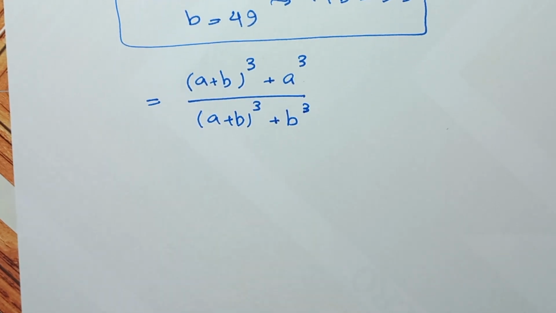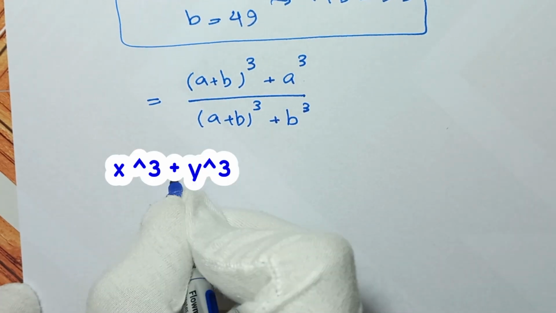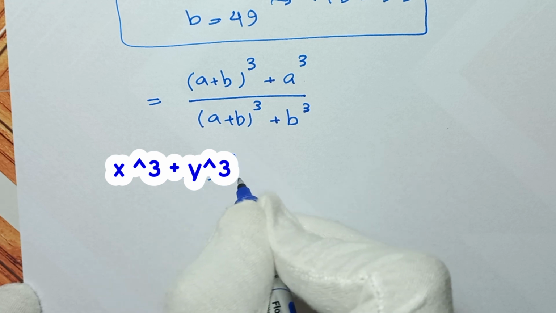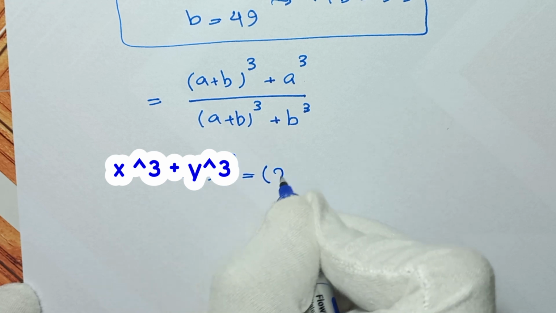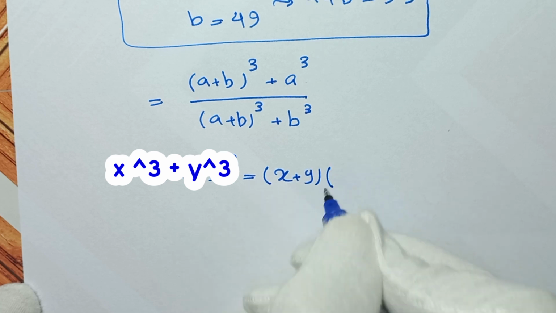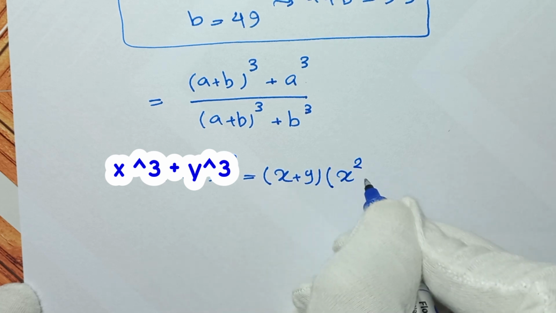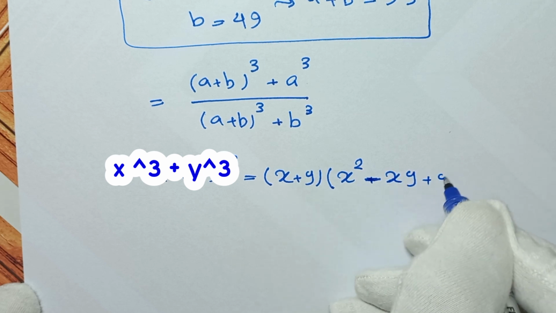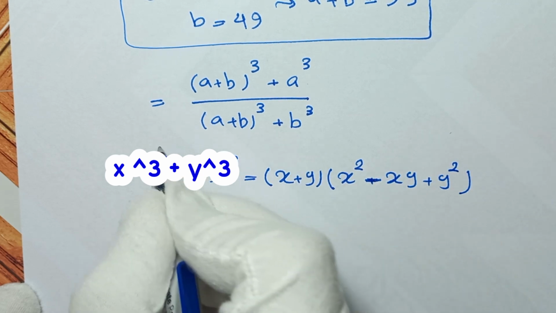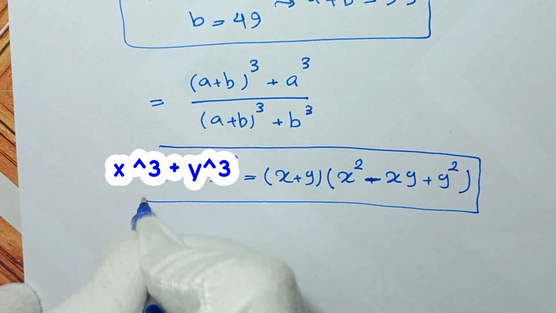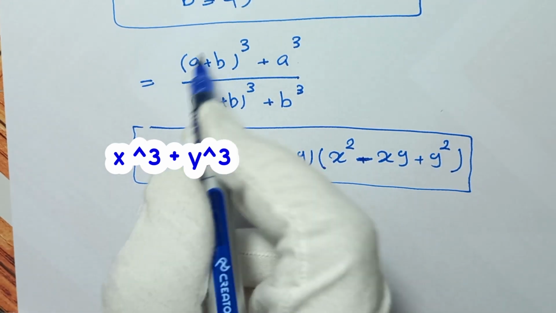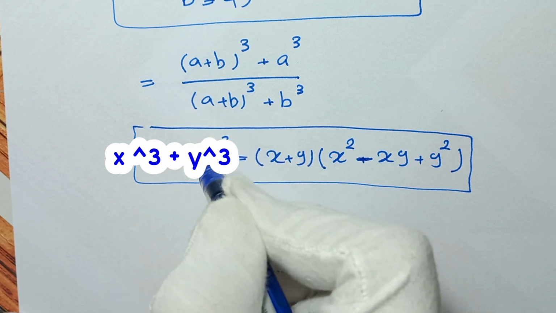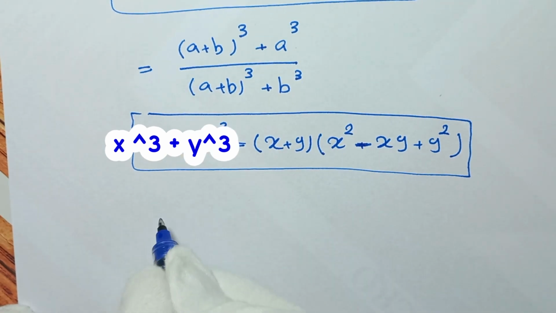And in the next step, if we have x plus y to the power of 3, this is equal to x plus y times x squared minus xy plus y squared. So, for this numerator, we can use this formula, where x is a plus b and y is a. So we write in here